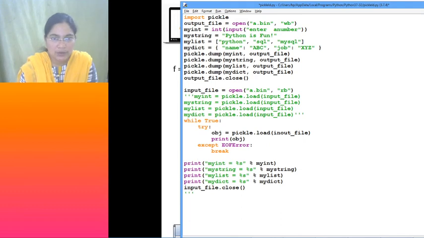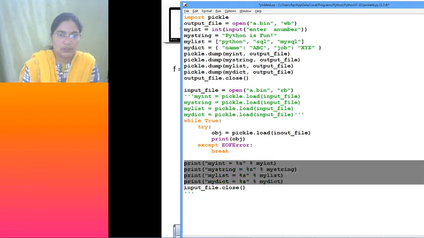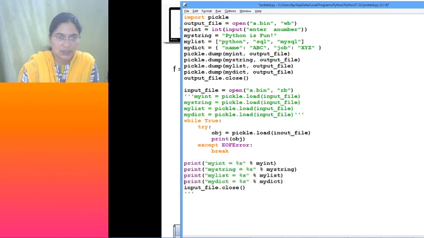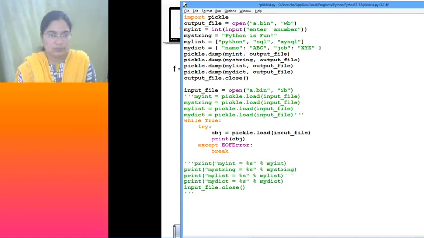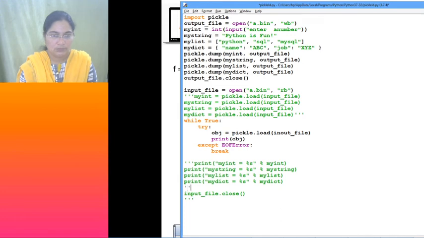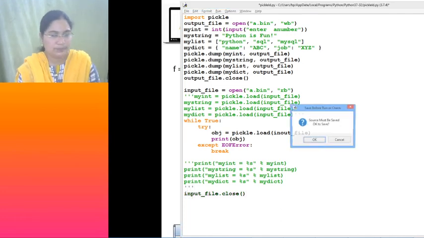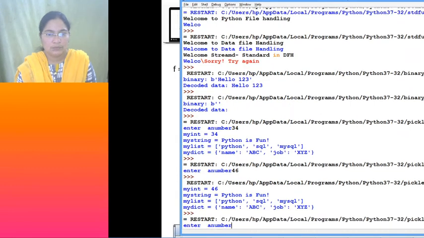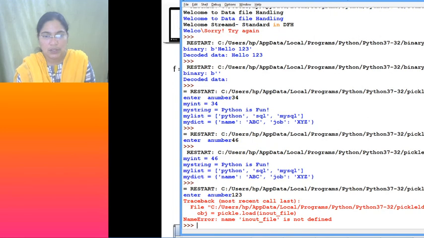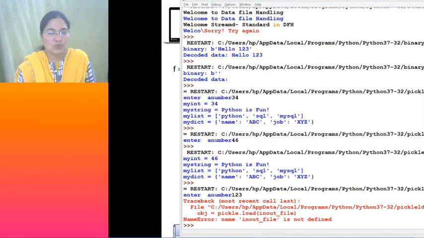Whatever we have read, let us display. Print we have done already, isn't it? Now let me comment these things also. Now the input file is to be closed. Enter a number. I have taken the input from the console. Input file, not file.